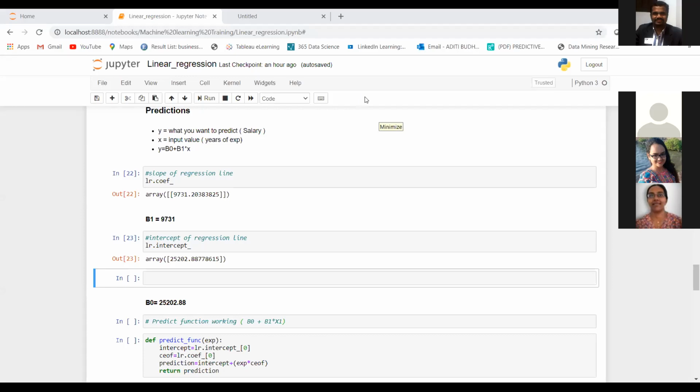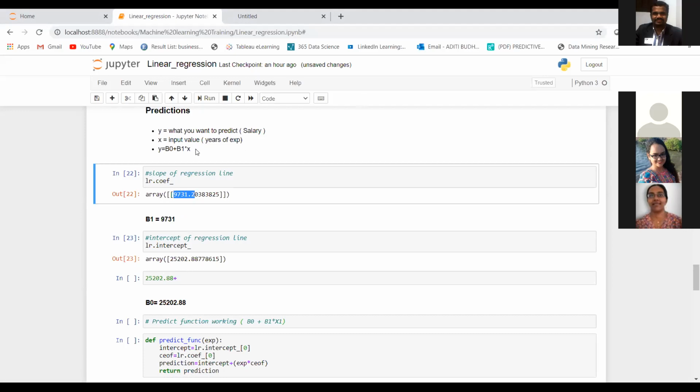Okay, so let me do that for you guys. What is our beta 0 value? It is this, right? This is our beta 0 value. According to this equation, beta 0 plus beta 1. What is the value of beta 1? 9731.20, right?